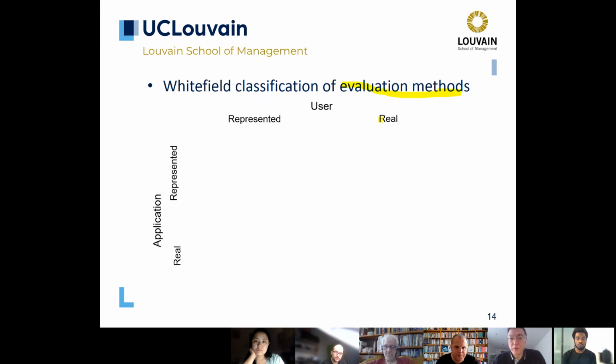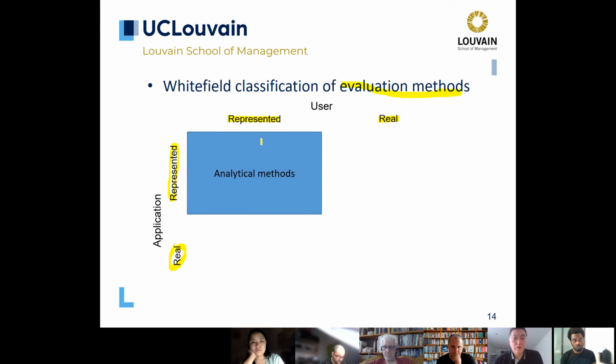So if the end users are the real persons who will use the system, then we are here, otherwise we are there. Similarly for the application, if I'm using a prototype, then I will be in the represented part. But if I'm using the real system, and not just a prototype or a mock-up or a sketch, then I will be in the real part. So according to those two dimensions, we can decompose the evaluation methods. So typically,